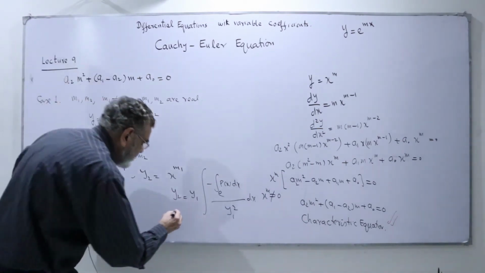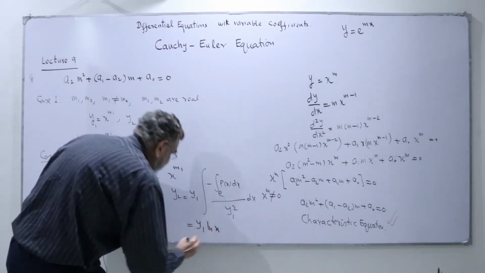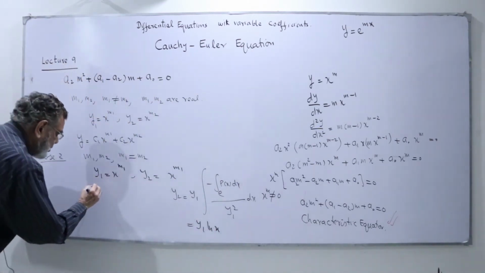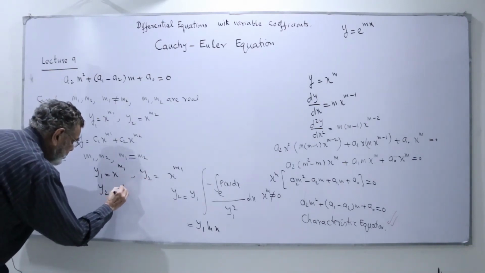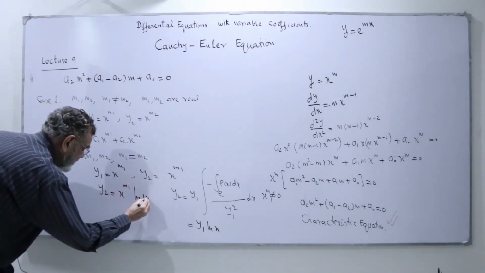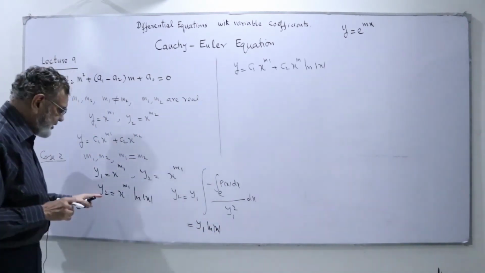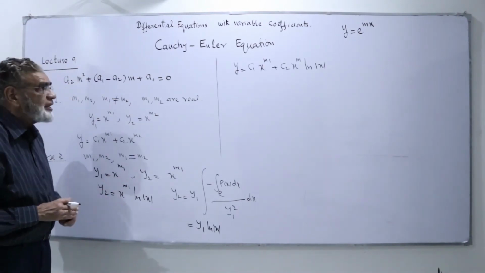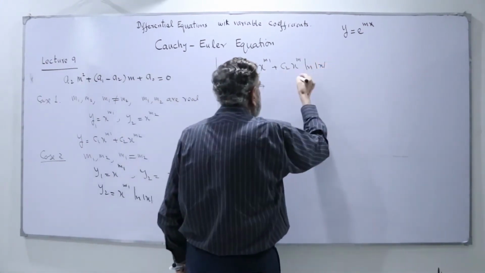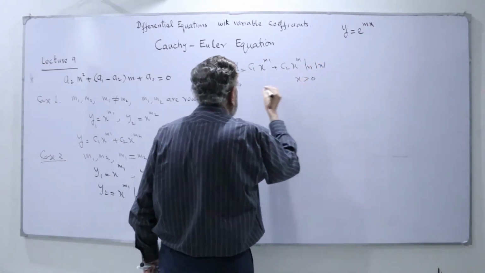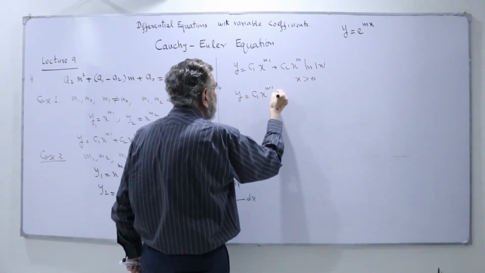I'll get here y2 is equal to y1 ln of x. So here will be y2. So I will write my y2, now this is modified, we get here x to the power m1 ln of x. So whenever we have roots repeating, multiply by ln of x. So having the second solution, y2 is x to the power m1 ln of x, I can write my general solution as c1 y1 plus c2 y2. If I take here x bigger than 0, then I can write y equal to c1 x to the power m1 plus c2